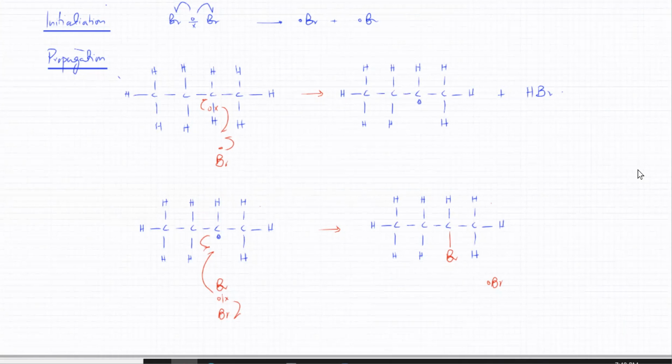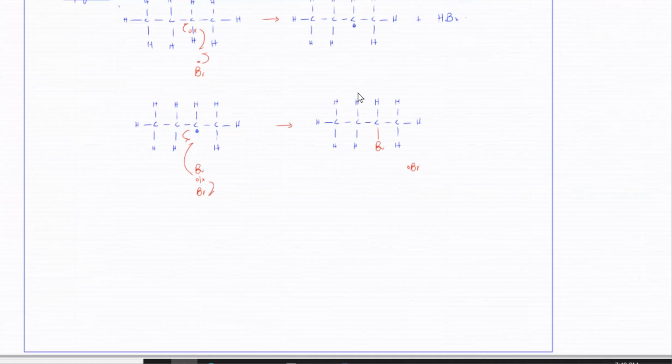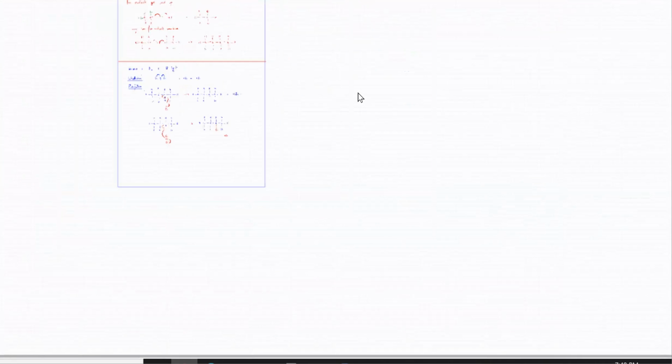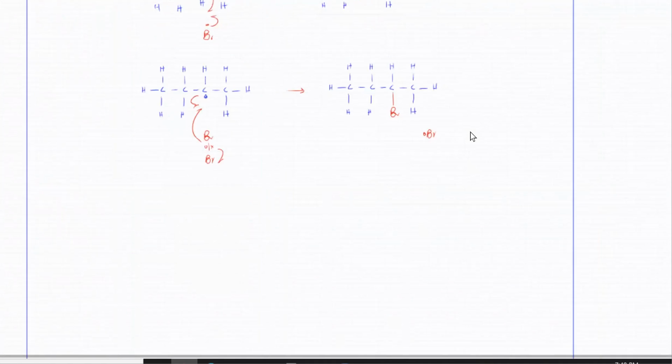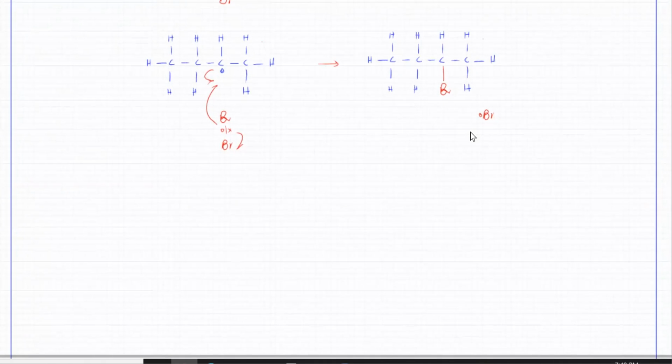Yes, sir. So now the final thing I wanted to tell you is that the free radicals that are getting formed could be any carbon atom turning into a free radical. So what we're going to try and do is, okay, I'm going to draw a random molecule.